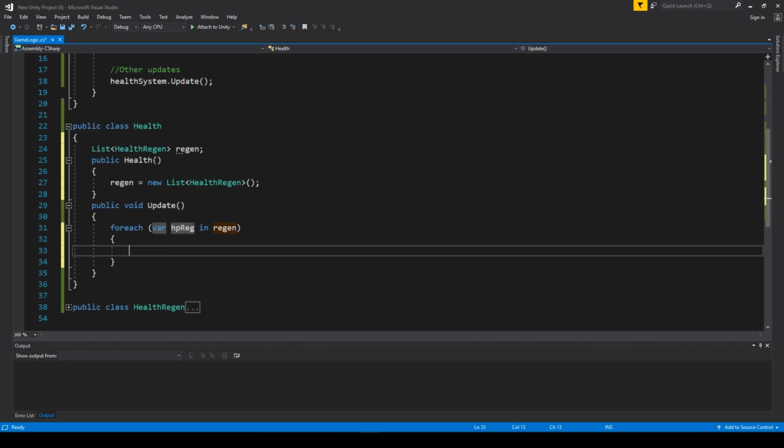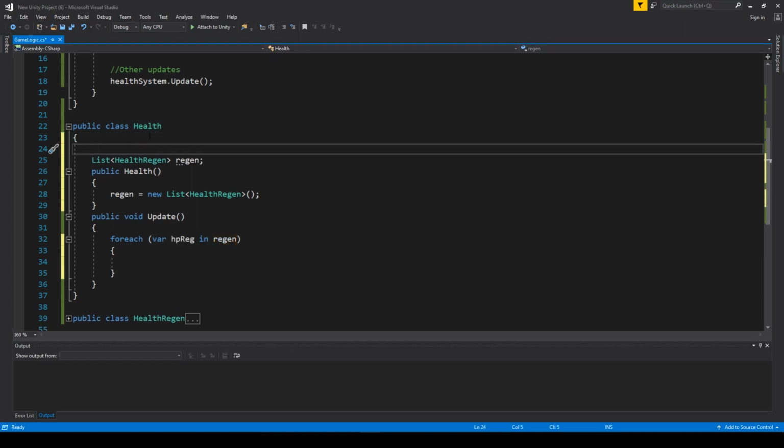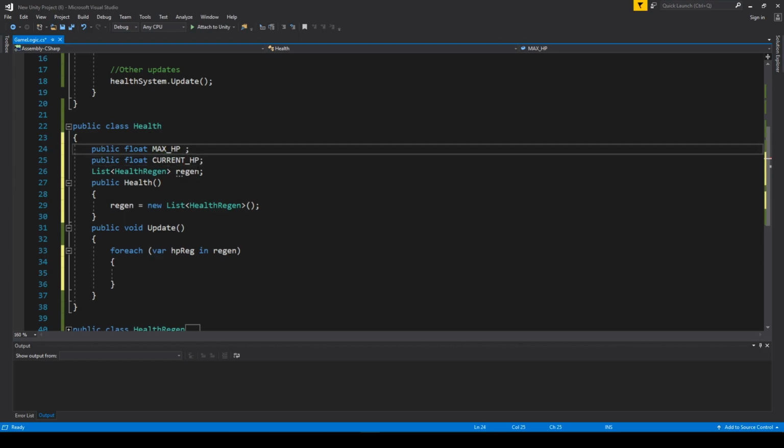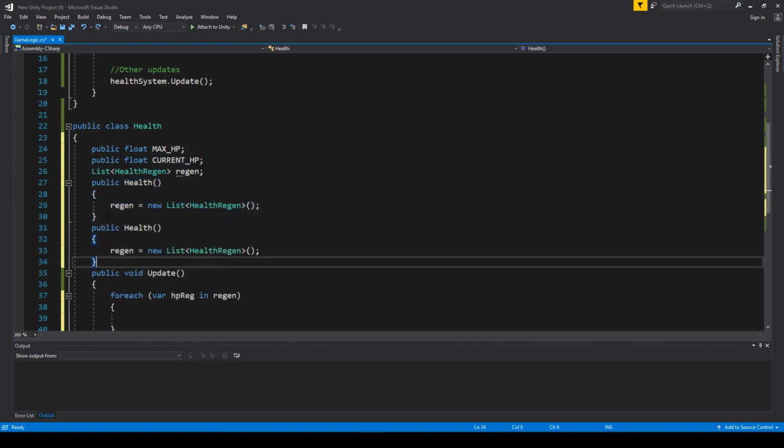So right now, okay, and we need some basic variables which will define our health system. So we go with max HP, go with public float current HP. We can set them to some amount, but also we could create a constructor